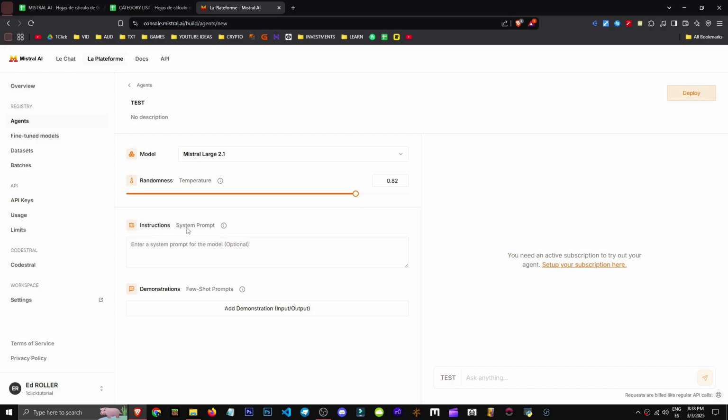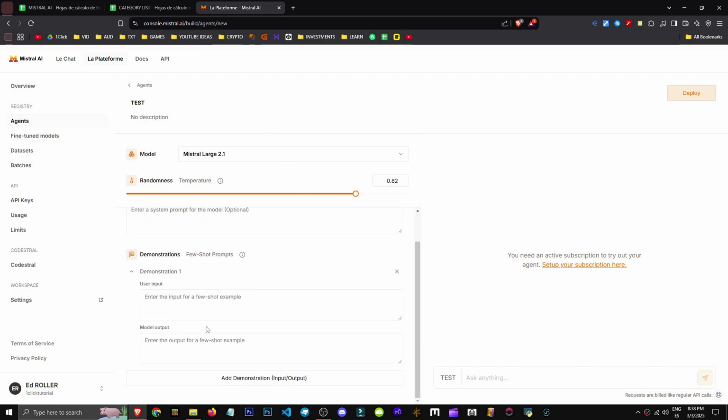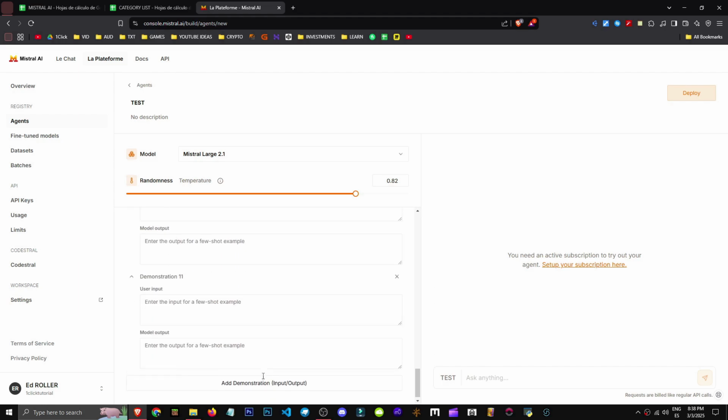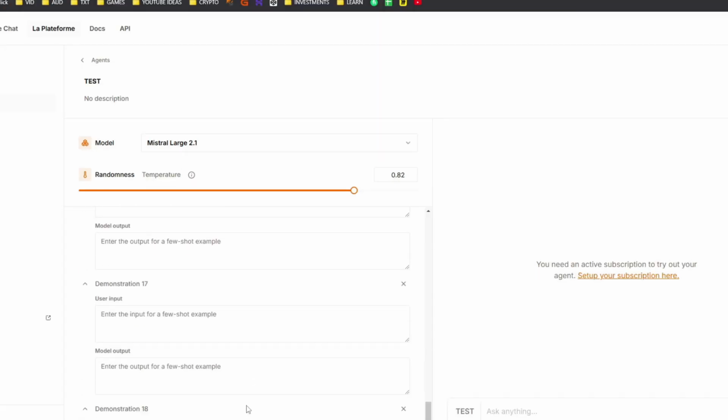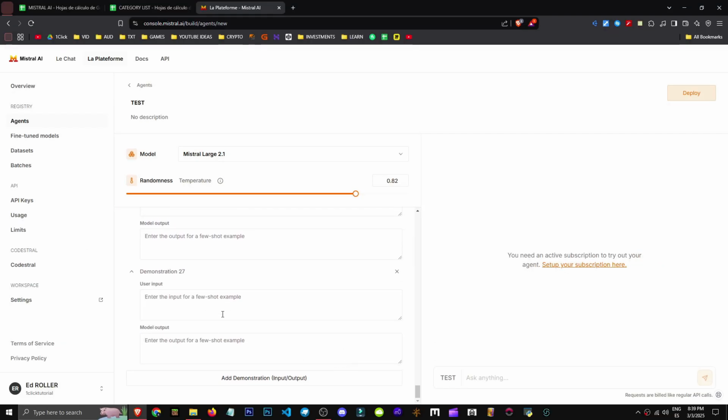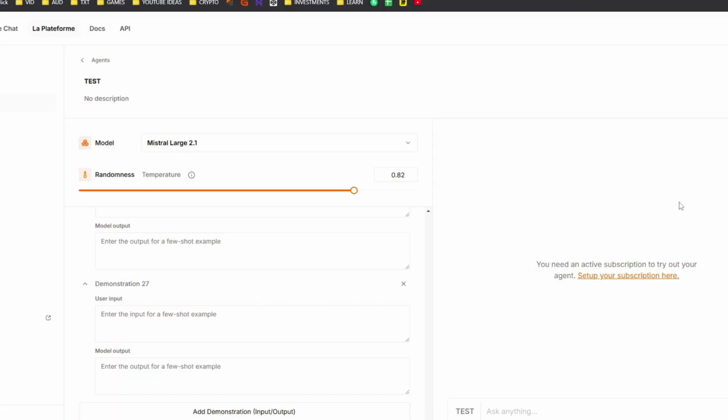On the other hand, we have the typical AI instructions where we specify what we want with all the parameters. The interesting part is we can add a demonstration showing the input, what we'd ask for, and what we'd like as output, okay? And we can keep adding more and more demonstrations, right? We could even create a small data set like a mini example. It's really fascinating. I'm not sure how many examples it allows, but we've already got quite a few. 27 so far, and that's not all. To test it further, we're told we need to subscribe, okay? But we can test it here. Once done, we hit deploy.